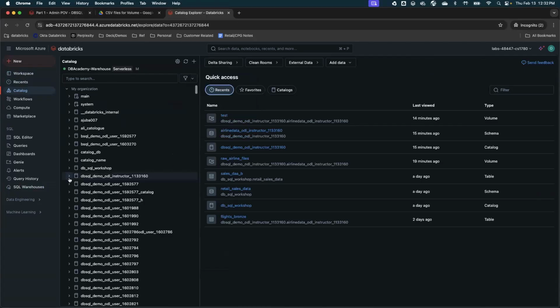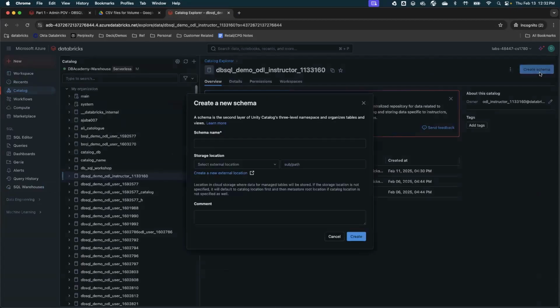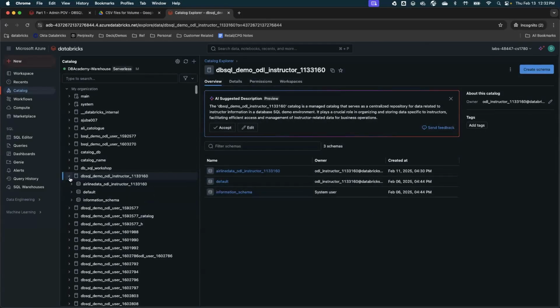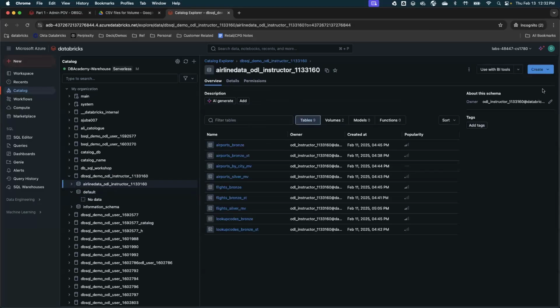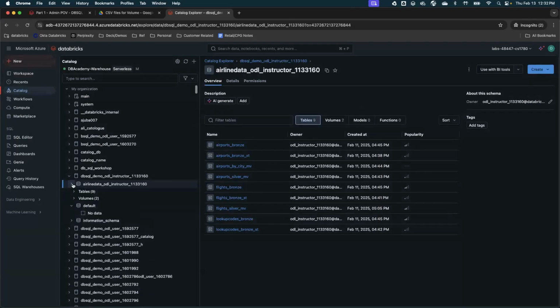Now this is my catalog. Here I can click on catalog and click on create schema. I can type in my schema name and create the schema. Then I can go into my schema, click on create volume, type the volume name, keep it as a managed volume, and it should create the volume.